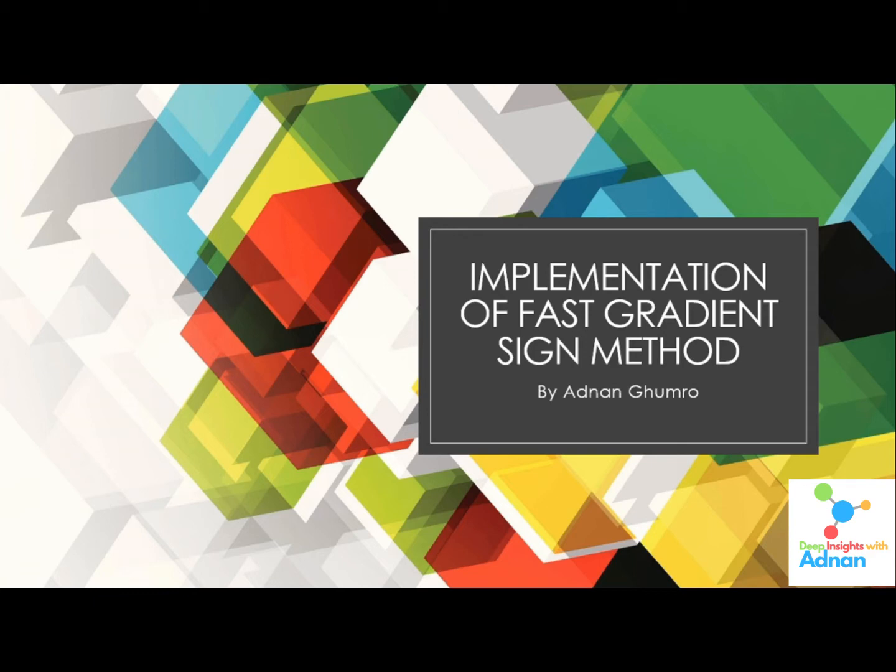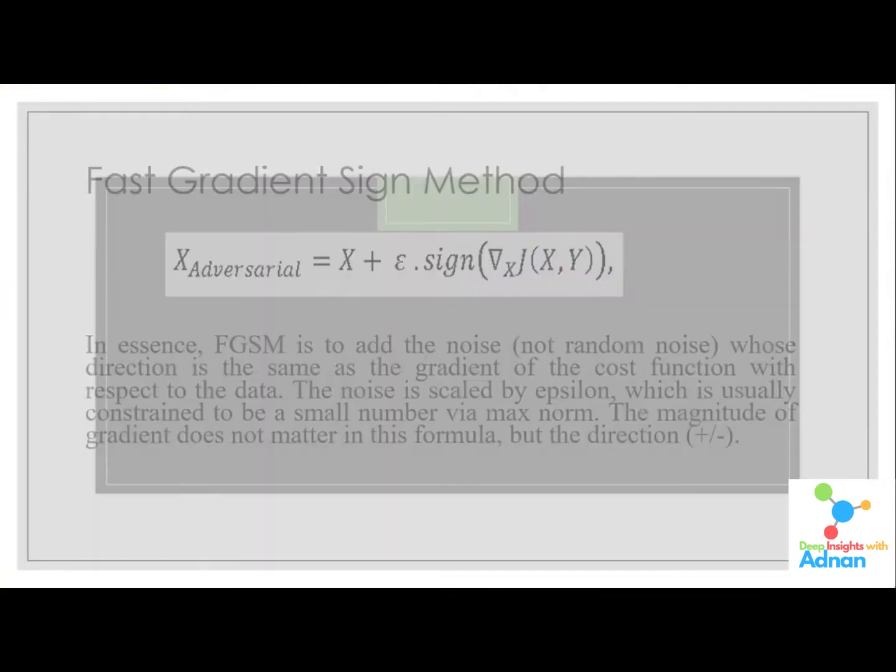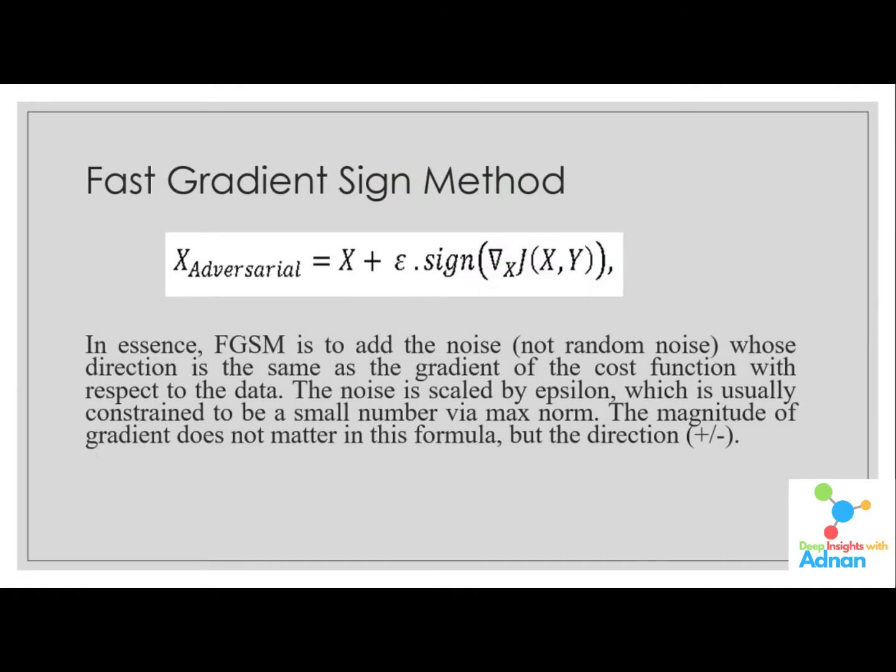TensorFlow. These days there is an API called CleverHans, which was introduced by Nicolas Papernot, Nicholas Carlini, and others. These fellows created a library in which they have included all these known attacks, so we can use them as a benchmark. I will show you how we can generate an attack using the API as well as using normal coding. So let's first discuss what the fast gradient sign method is.